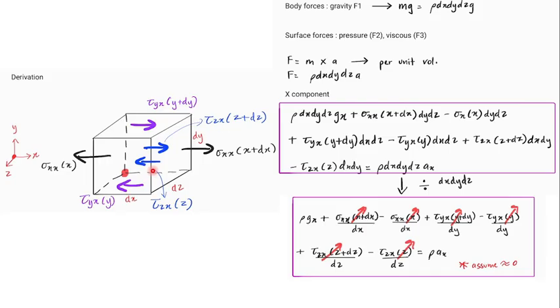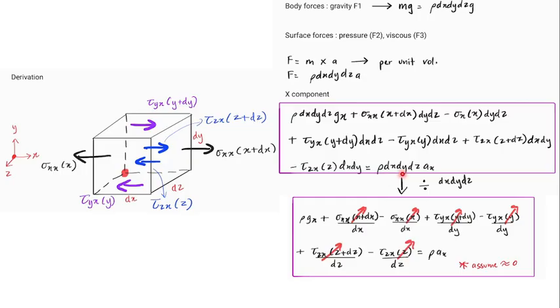Now we are going to derive in the x component, where we have rho dx dy dz, which is the mass times g, gravity in the x direction. That is represented by the gravitational body force. Then we have the pressure force times dy dz, that is the area normal to the force, and sigma xx dy dz, similarly for all other components, equals rho dx dy dz times the acceleration, mass